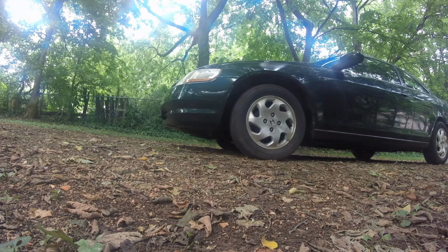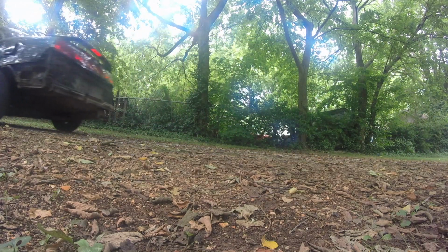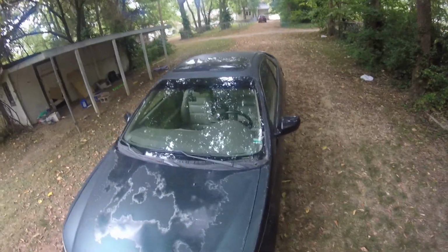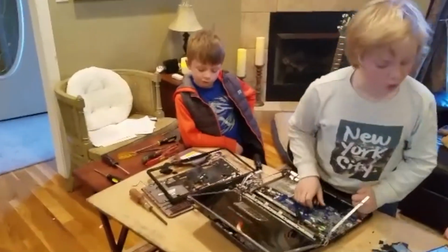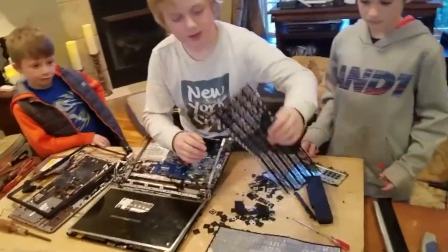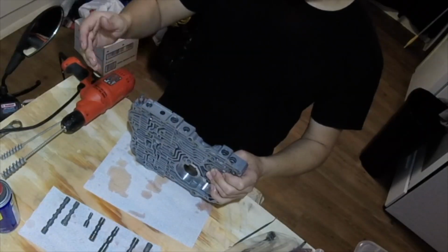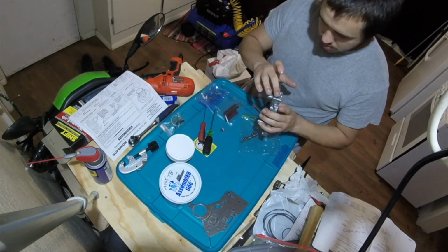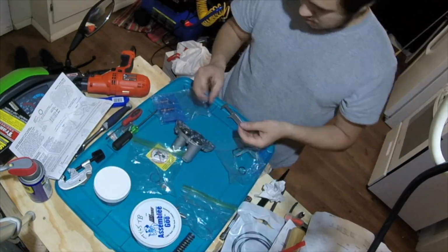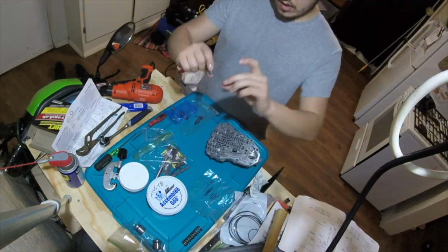Rebuilding this transmission may have been a bit stupid, as this car isn't even worth that much, but I don't regret it. Even if I hadn't been successful, I'd still be happy I did it. I've always loved taking things apart to see how they worked, and this is no exception. I had a lot of fun doing this, even through the occasional frustration, and I learned a lot. If given the opportunity, I think I'd do it again, although hopefully I would have something like a garage to